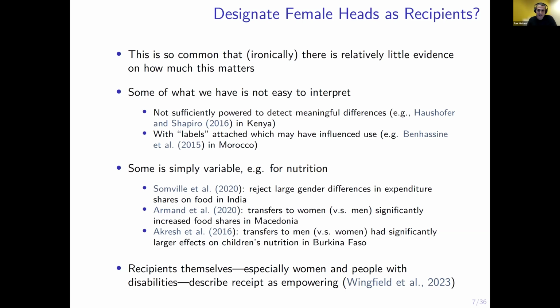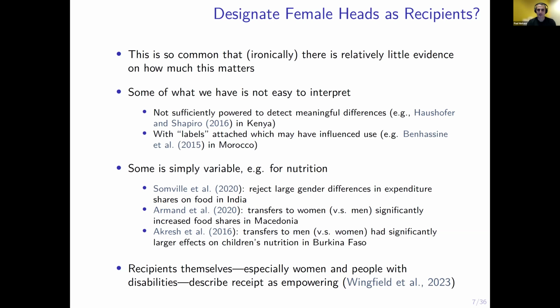Okay, so first, this is a hard question to power for. We have some math in the paper where we walk through, let's say you think that there are heterogeneous treatment effects with respect to this parameter that are a fifth as large as the main effect, right? So that's a pretty big difference. If transfers to female heads have a 20% bigger impact on something than transfers to male heads, that would be a big difference. But the power math on that is pretty brutal, right? You need an experiment that is 25 times bigger than the experiment that you needed to detect the overall average treatment effect of transfers per se. And so I think it's not surprising that in some of the studies out there, we're just not powered